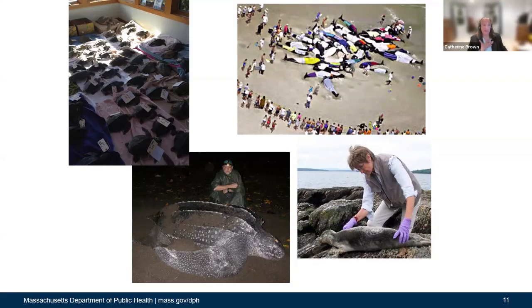And as a species, humans are really reluctant to just stand by and let this happen and not try to step in and help. And so there are whole networks around the world called stranding networks. These are volunteers as well as often trained government officials who respond to these strandings to try to help return as many animals as possible back into their ocean habitat. So other opportunities for direct contact and interactions with these animals.